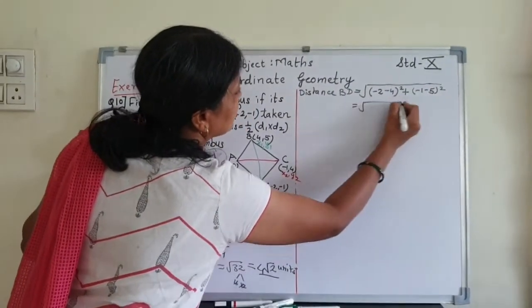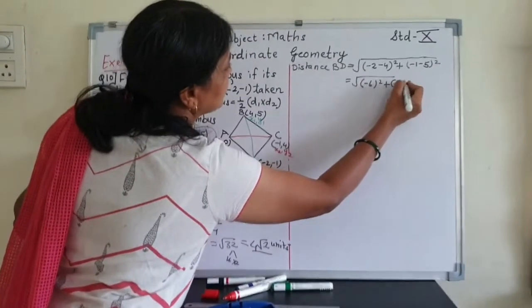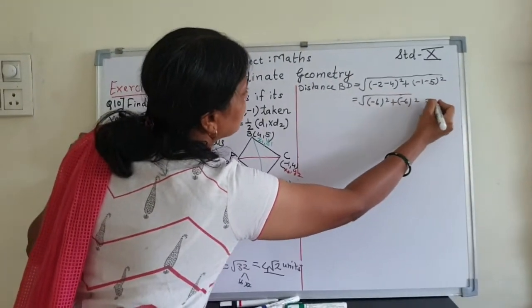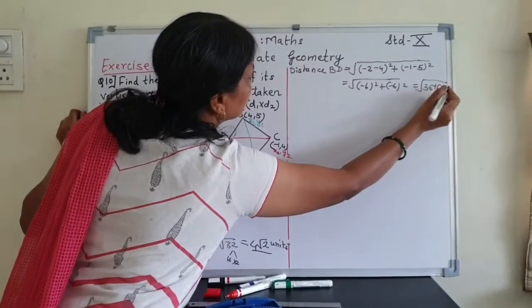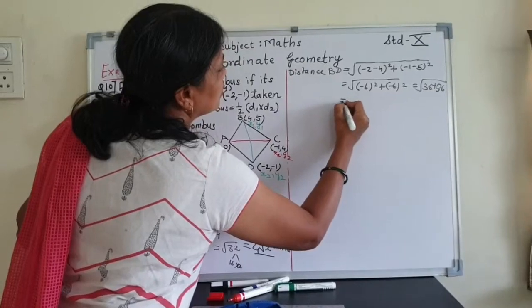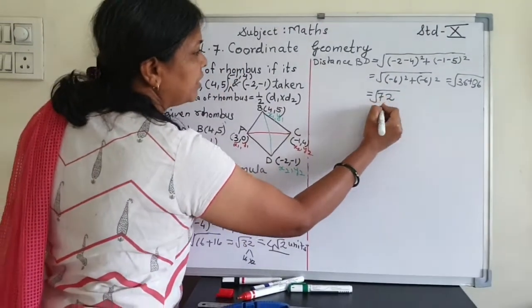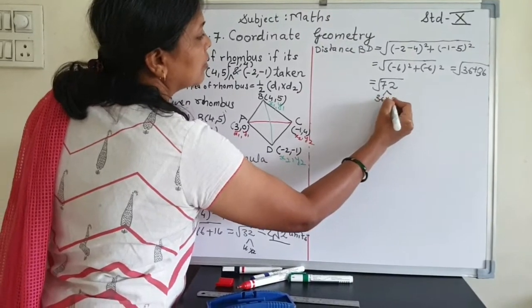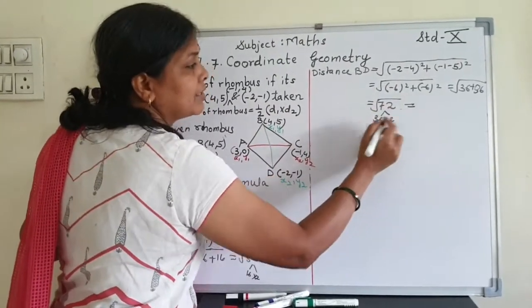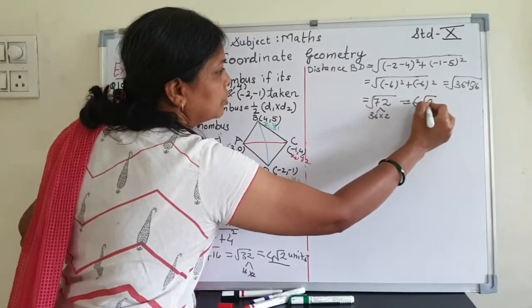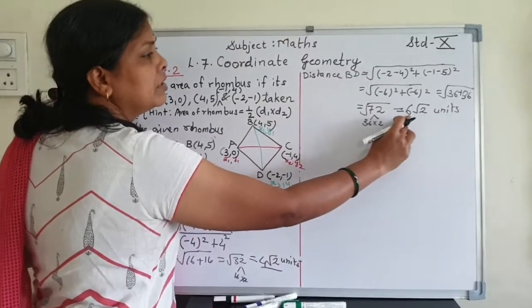That gives us minus 6 square plus minus 6 square. So it is 36 plus 36, which means square root 72. Again here 72 you can factorize like 36 twos are 72. So 36 is a perfect square, 6 comes out, and this is how we get the distance BD,